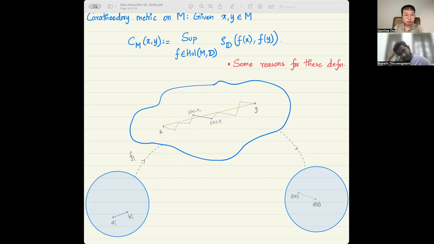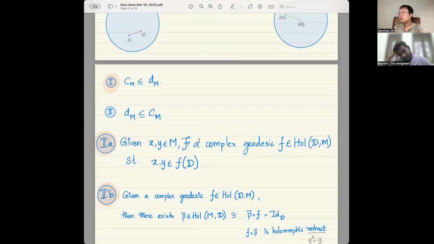So now this being set up, we have defined two notions of distance between 2 points in a complex manifold. How? Using holomorphic maps from the disk to the manifold, and the other is from the manifold to the disk. Now the question is, can we compare them both? And Lempert's theorem says exactly that under certain assumptions.